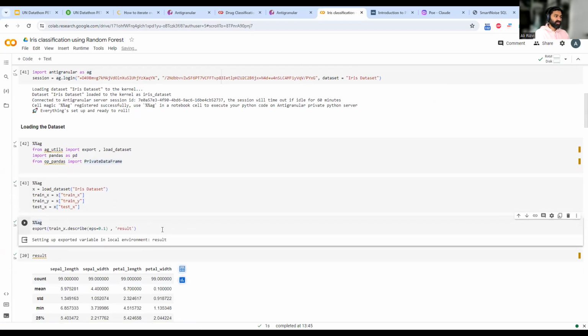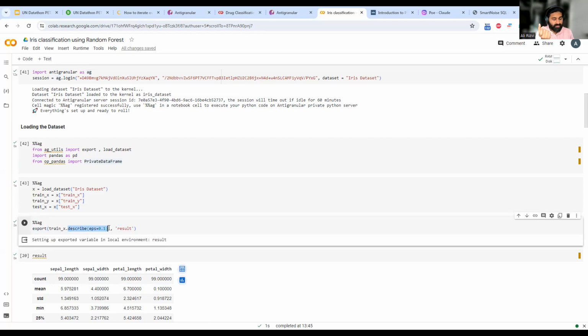Now this is a really interesting cell, so I'll spend a bit more time on it. This cell is going to be implemented on the remote environment, the secure Nitro enclave environment, because it has the %ag, and we're using the export function to export train X